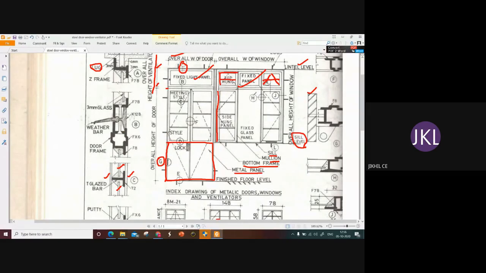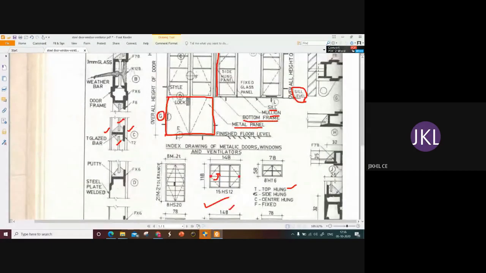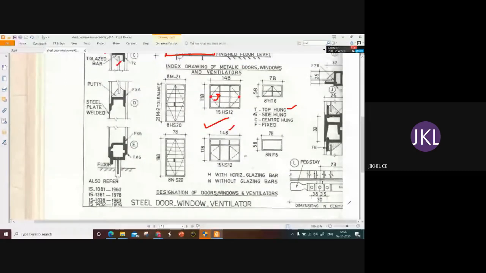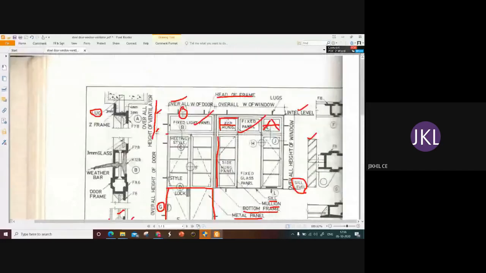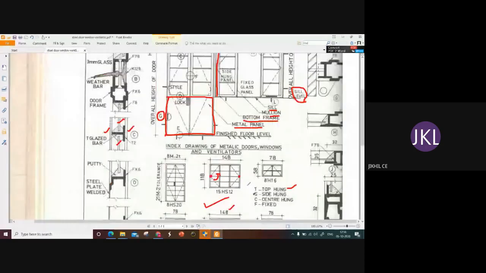Otherwise, if you're drawing the same, you should draw these things also. Okay, any doubts?